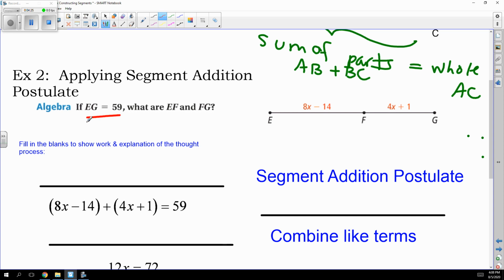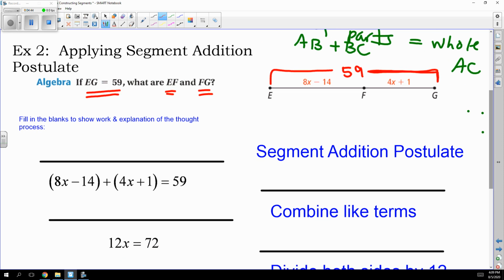like this. The length of EG is 59, so we're going to put that here. The length of EG is 59 units, whatever units, centimeters, millimeters, miles, could be anything. We don't know what the unit of measurement is. And we want to find out what's the length of EF and what's the length of FG. So what I've done here is kind of split it up so that you could actually talk about solving the problem on the left